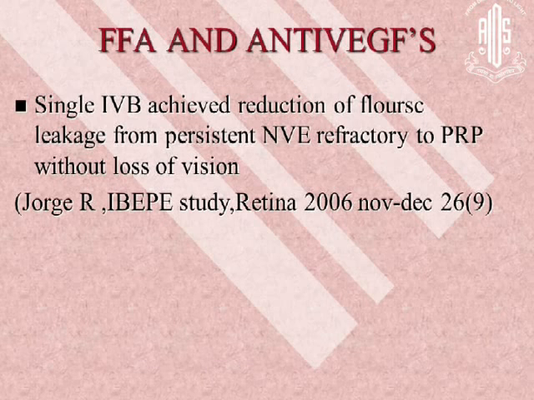So coming to now, in the era of anti-VEGFs, what role does an angiogram have in anti-VEGFs? At least I have studied the role of angiogram by using anti-VEGFs in PDR and diabetic macular edema. This is what a few studies have to say. A single intravitreal bevacizumab has achieved a reduction of fluorescein leakage from persistent NV refractory to PRP without vision loss. So whenever you have done an adequate PRP and still some new vessels are showing up and you have no more areas to fill in the periphery or do an additional peripheral cryo as well,